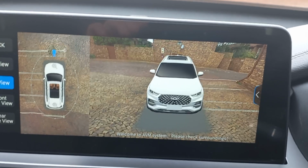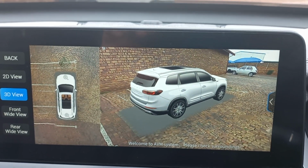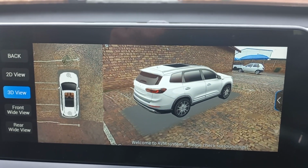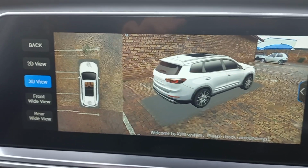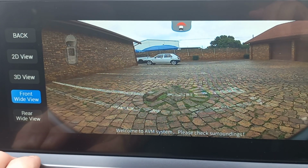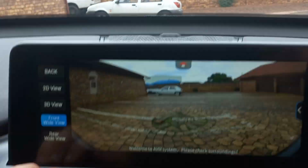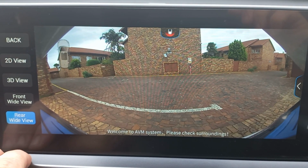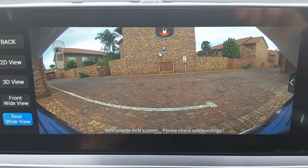If I put my indicator on, you'll see how it rotates and actually shows you the car, which I reckon is awesome. And when I was doing mid-range driving, it was helpful because people can't drive. Okay, then we obviously got a front view, so we can have a look at what's going on. Obviously, you can also look at the windscreen. But what is, I reckon, going to be quite cool is when you're reverse parking, you've got a nice, proper view camera. I reckon this thing's probably got a 360